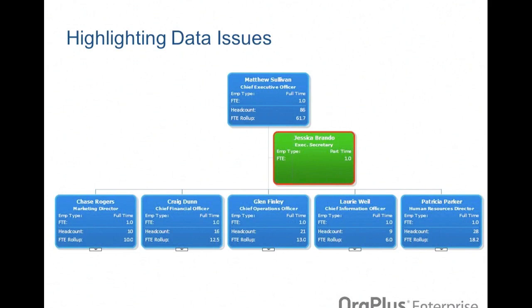Now, the example I've got on the screen at the moment has Jessica highlighted with a red border, showing that her employment type is different to her FTE value. So obviously she's part-time and her FTE is at 1. It's probably slightly different to that, but a common example is when you've got a position FTE and an occupant FTE